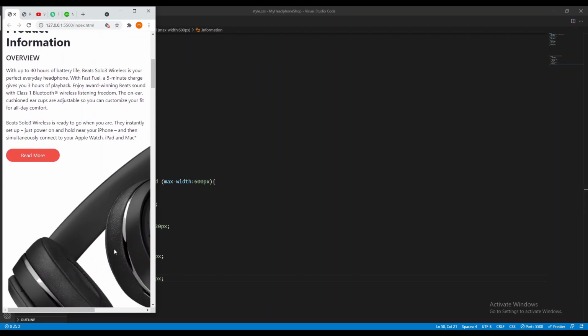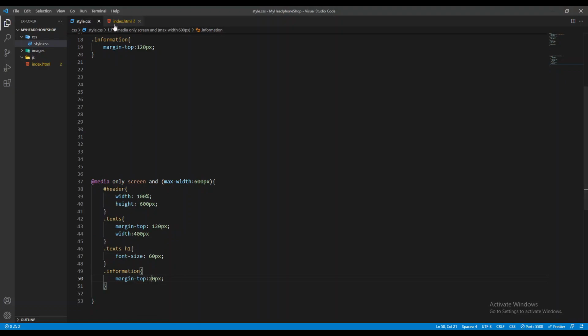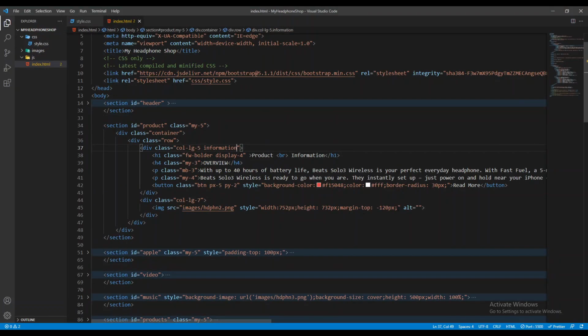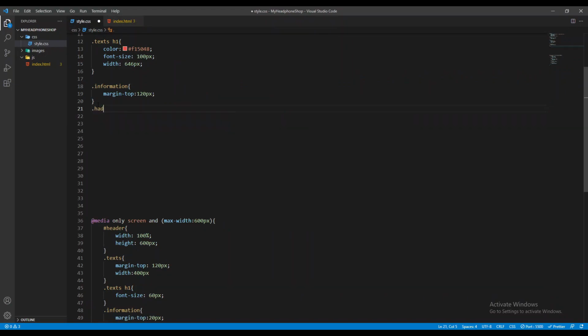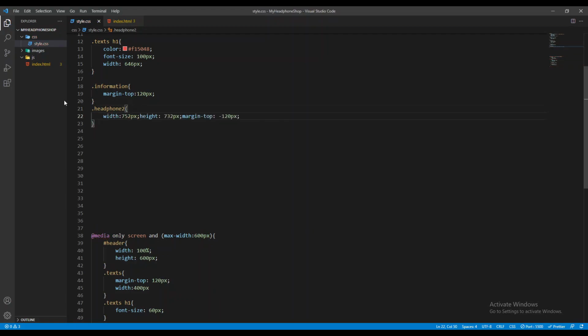Now we need to change the size of our image. Let's call the image. There we have the image. As you can see, margin top and height and width. So I'm gonna move all the style of it to our style.css. For that we need a class. So I'm gonna define a class headphone2, and remove all this style, cut all this style, and here call dot headphone2, paste it here,